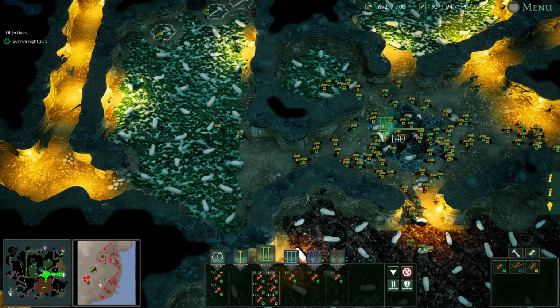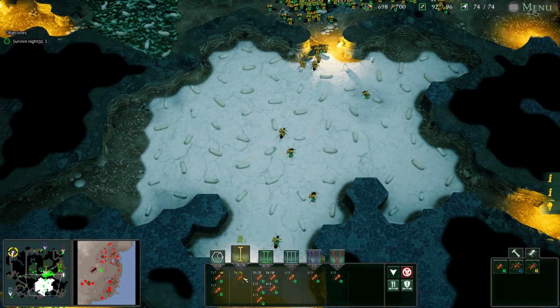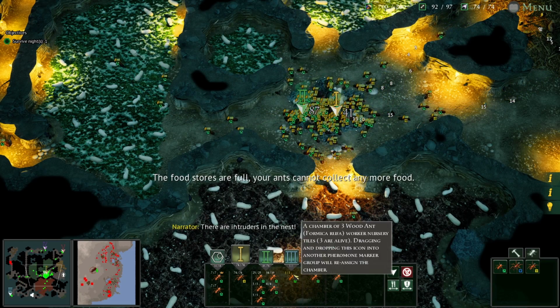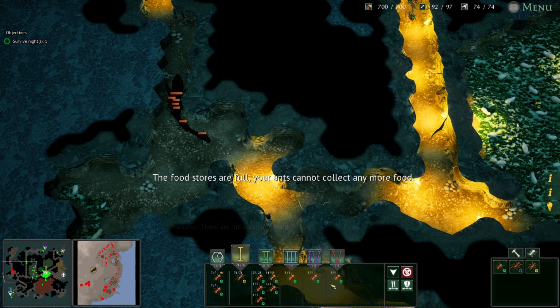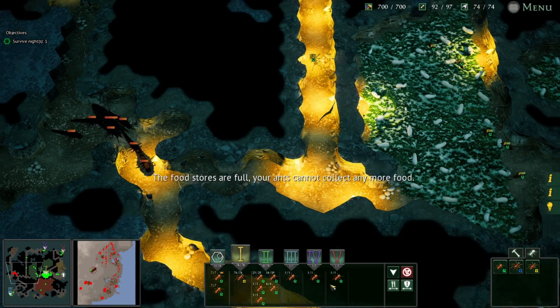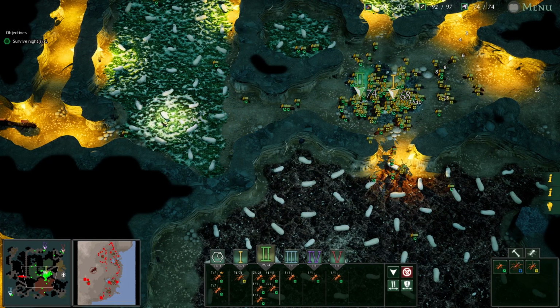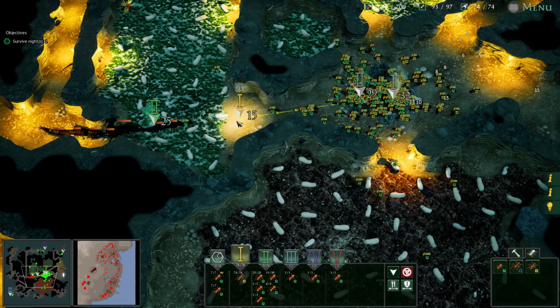I don't know where my 1 marker is. Before I do that, that was almost very foolish. So how many have we got? 74 ranged. There are intruders in the nest. I was going to say where, but of course, yes, of course. Of course there are intruders in the nest. So as soon as they hit about there...